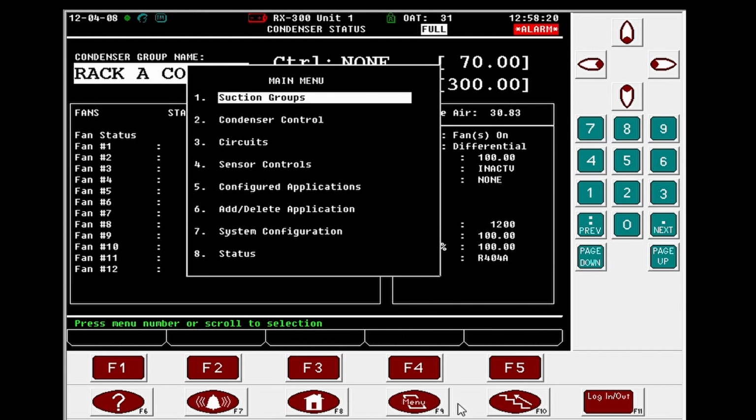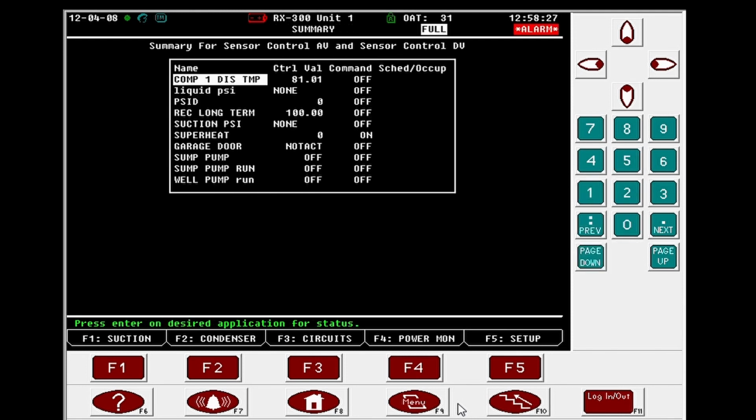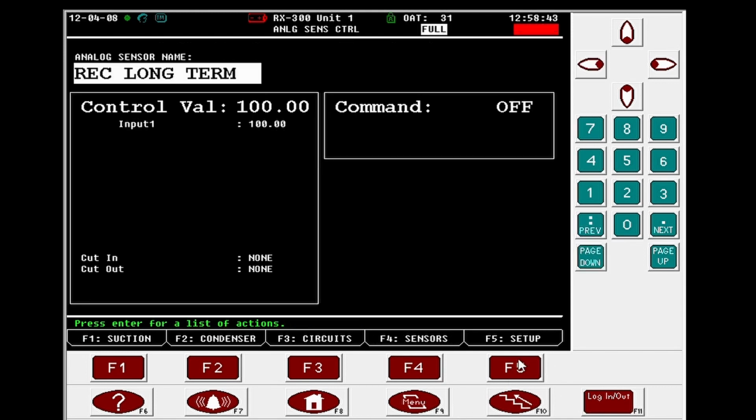So if we go back to sensors, this is the only downside of working on an old version Ultrasight. So some of the set points and settings don't match up because this is one of the original versions of Ultrasight. So if we go receiver level long term and set up,